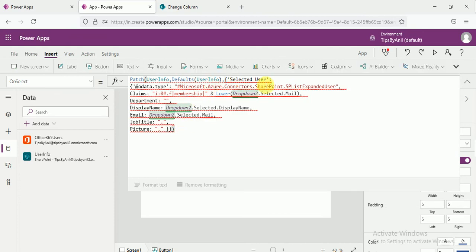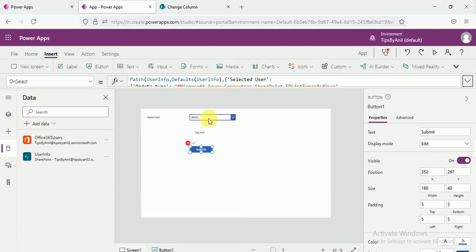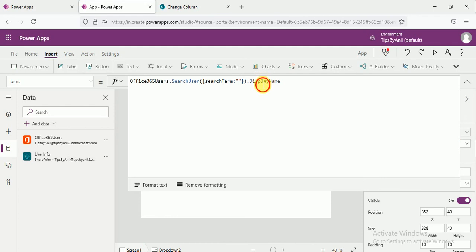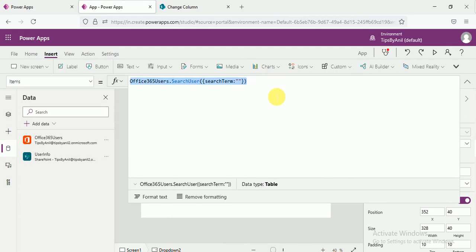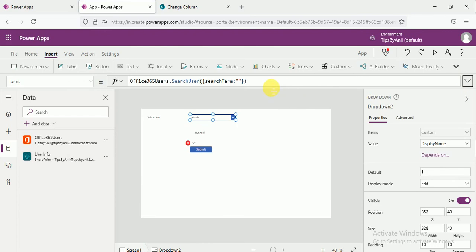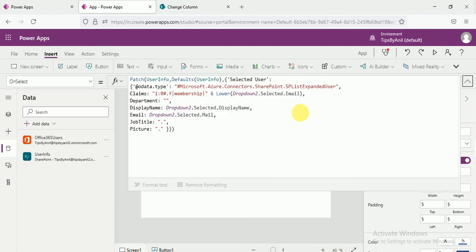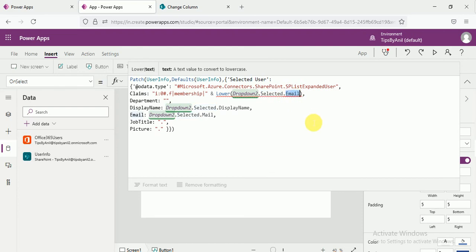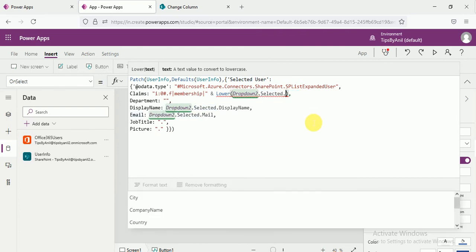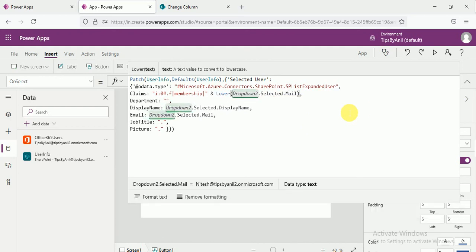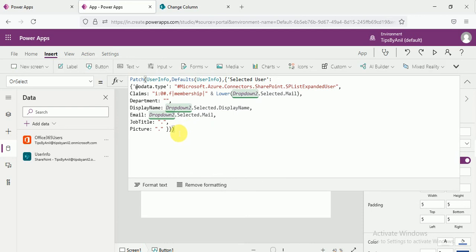Now we need to check why we are still getting this error. We need to check one more thing, because here we want only the display name. I want the record. This record will take the complete data. Dot mail. All right, now one column has been bound over here.